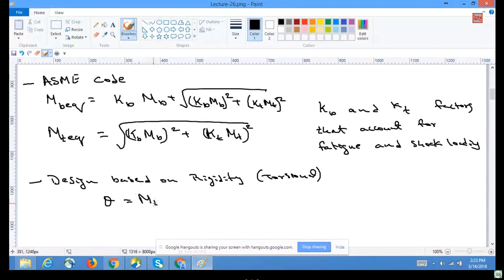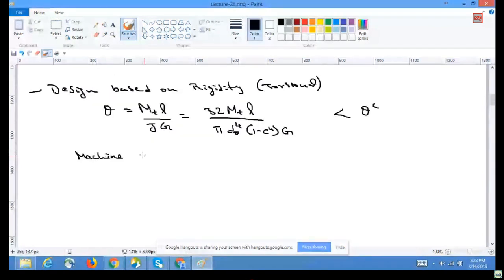Theta critical, theta c is taken as 0.25 degrees per